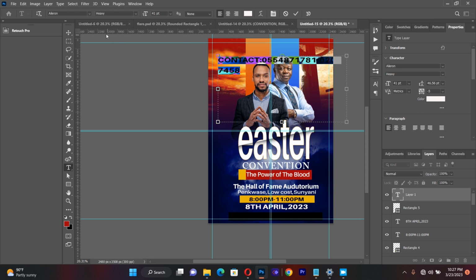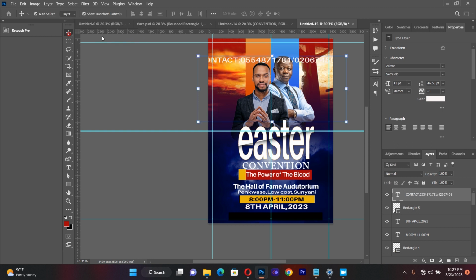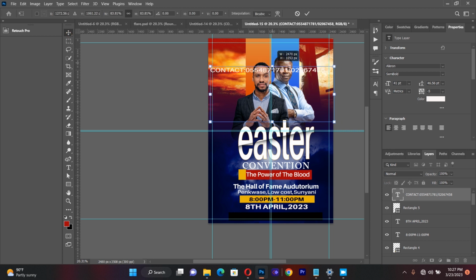Then I'll select the number, then make sure that it is semi-bold. And this time I will resize it very, very small and push it downwards. I think it is so wide. I'll resize it a little bit, something like this. Then I will place it in the black box,